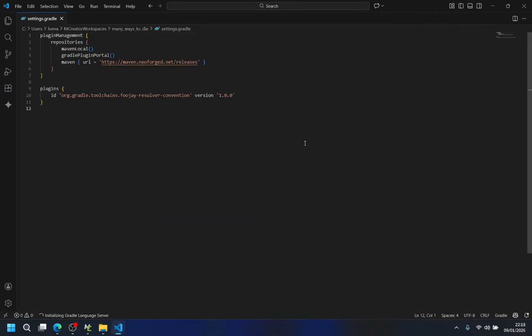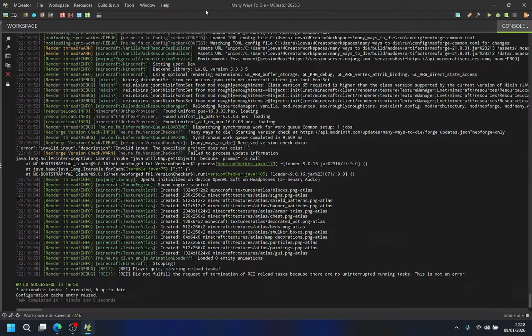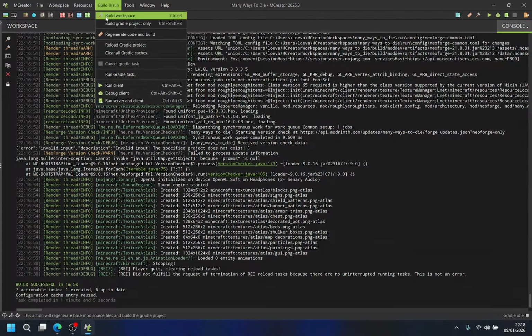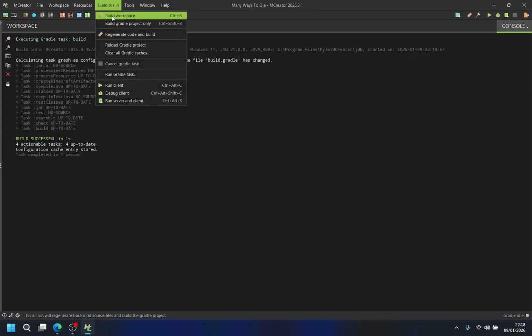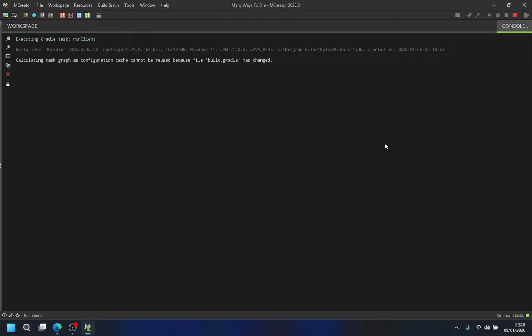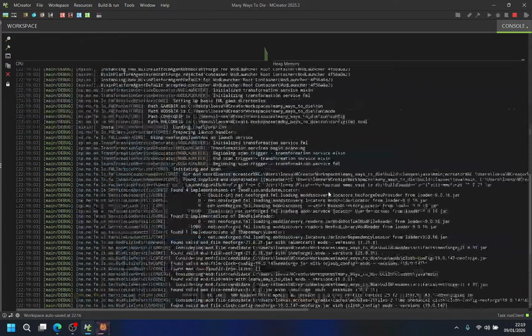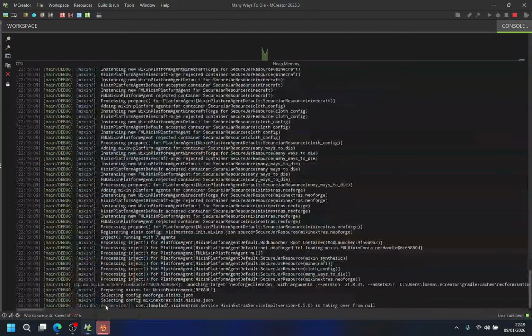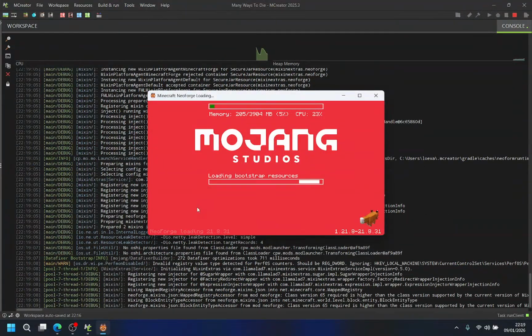Yeah, actually, but that's okay. So what we can do now is just go and build, build workspace. And then this, and now it works. Potentially.